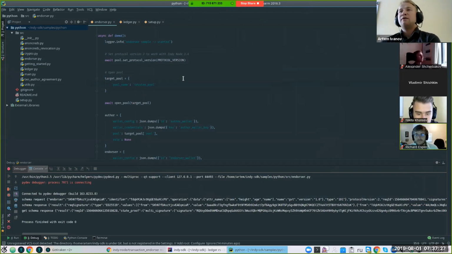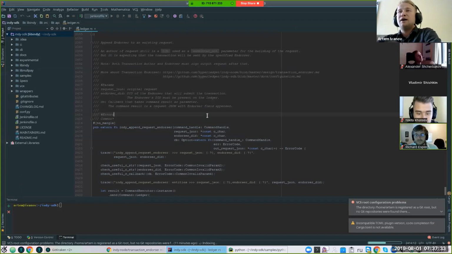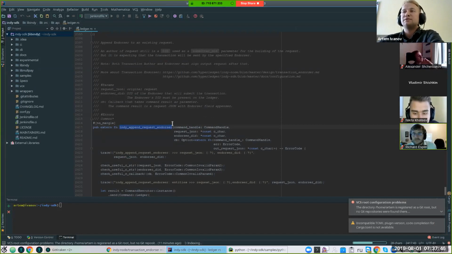So we added a new type of functionality. From the Indy point of view, we added just one new function. This function is called indy_append_request_endorser. It's a very simple function that just appends the endorser field to a request. But this function adds some limitations on how this request should be used. And